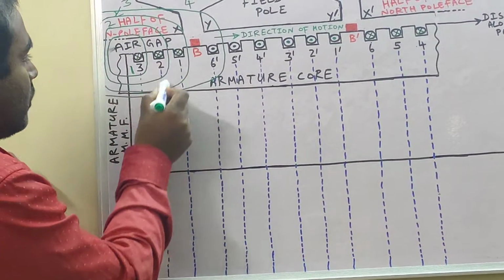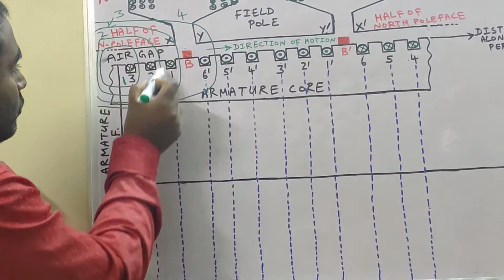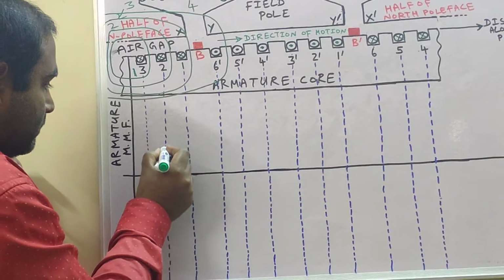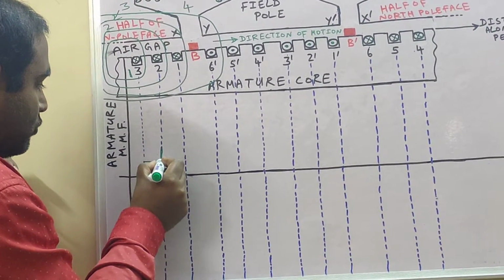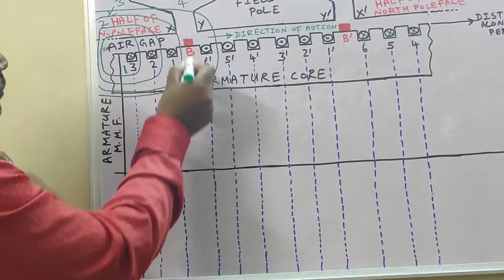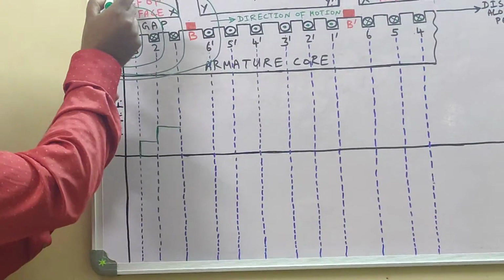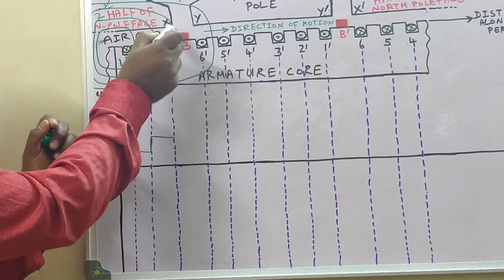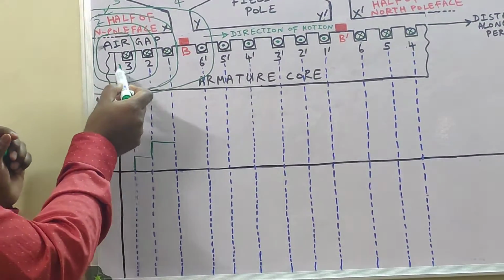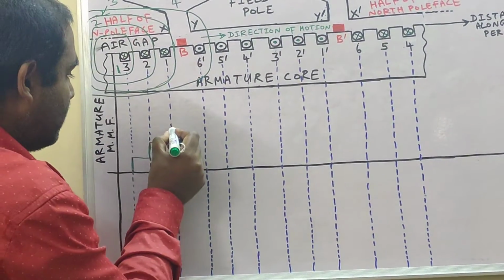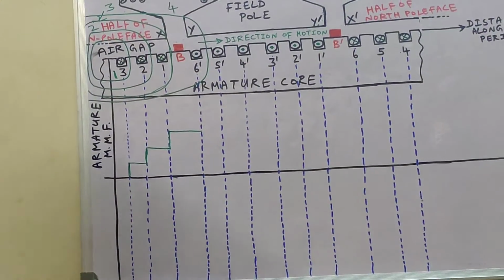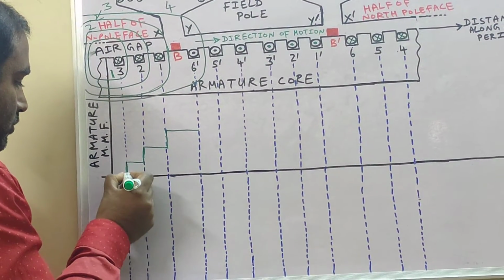Now in path number 2, how many cross currents can you see? In path number 2, cross current is carried by slot number 2 and 3. So there will be another step jump, and this step jump is again shown at the middle of the slot. Now in path number 3, what do you see? In path number 3, you see 3 slots being enclosed: slot number 1, 2, 3. So you will have another step jump over here. Okay. This part will be 0.